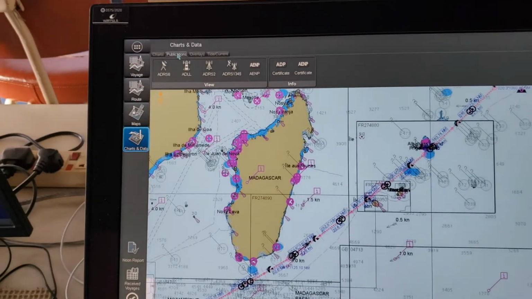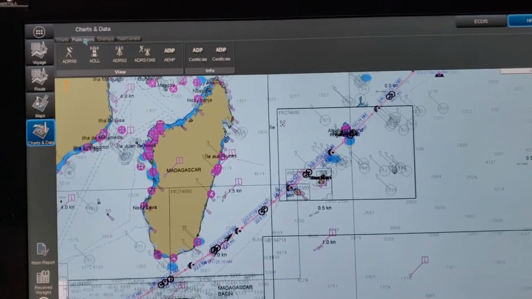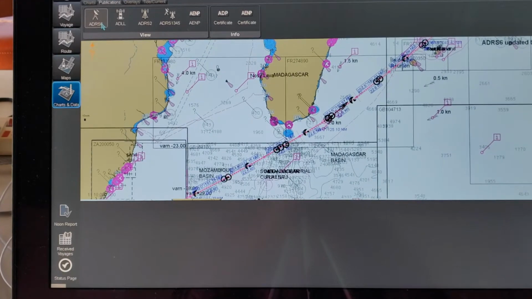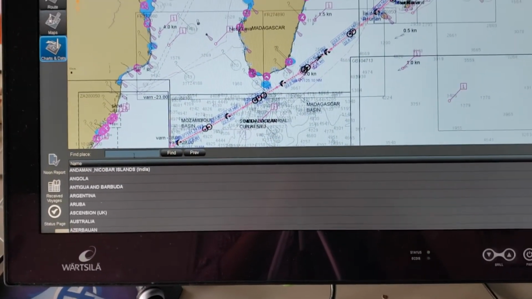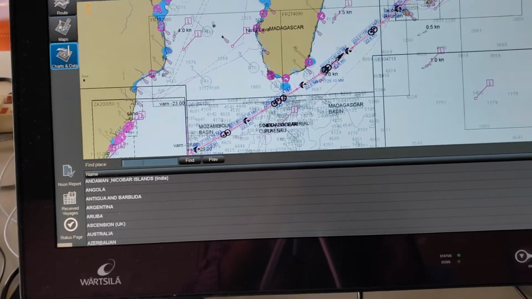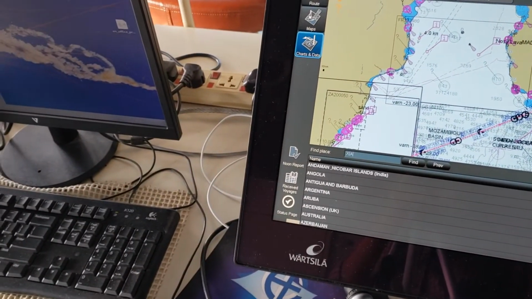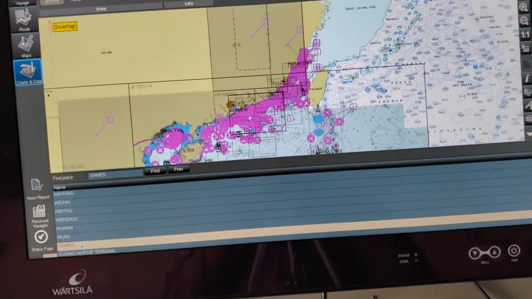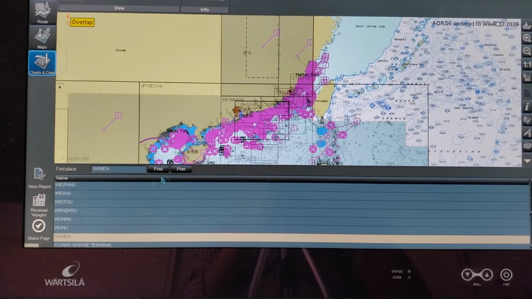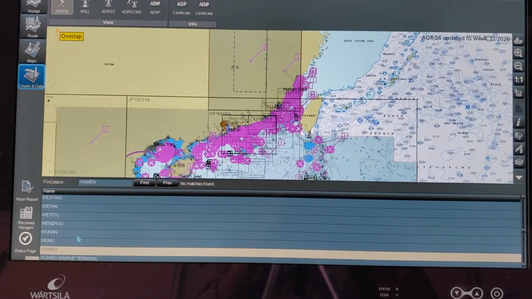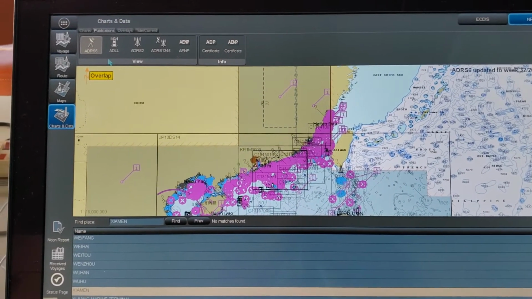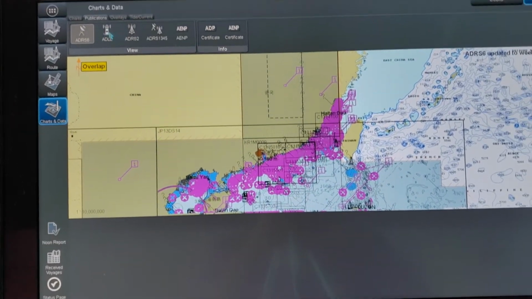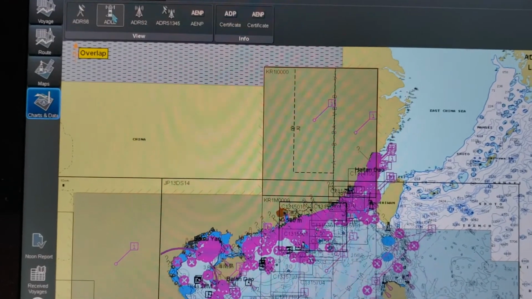This is publications. Whatever publications you have, this is where it will be showing digital radio signals. For example, if you click, you will get all the places you want. You can just find out. For example, Xiamen. Here you will be able to find publications, digital list of Admiralty, digital list of lights.